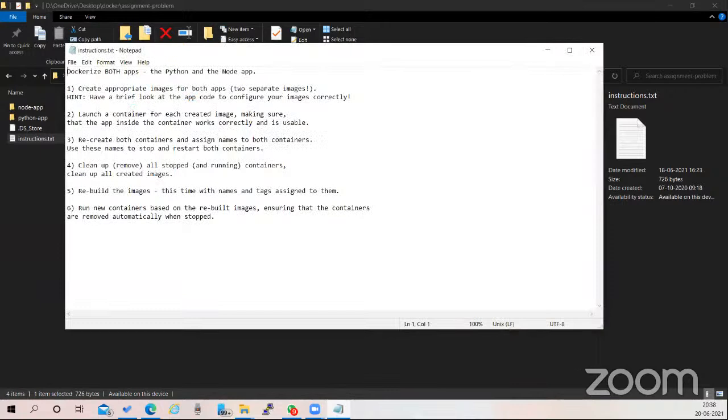We have two applications. One is a Python application, another is a Node.js application. Here is the Node.js application and here is the Python application. What we will do is create the container images for Docker to run them, and then we will have to